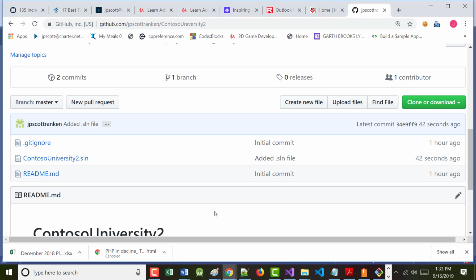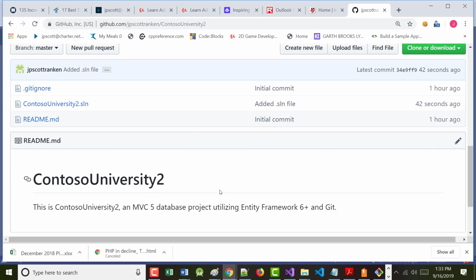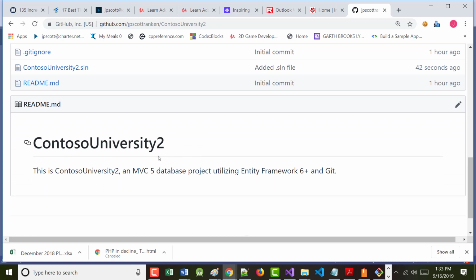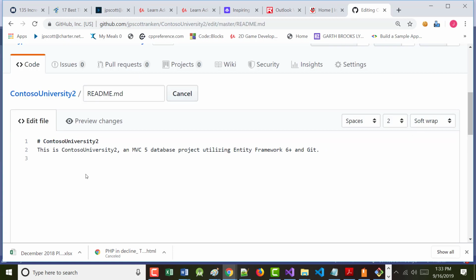Let's take something now. I'm going to make a real simple change. All right, I'm going to make a real simple change to this file right here. That's our MD file. Okay? And I'm going to give it a new title. Not much. I'm just literally going to come in here, click this little icon that looks like a pencil, and that this is Markdown language. I'm just going to put a space there. You know, I could put more in there, but I'm keeping it really simple. All right, that's all I'm doing, is I put a space between the word Contoso and the word university, and all that is the title, my Markdown file title.